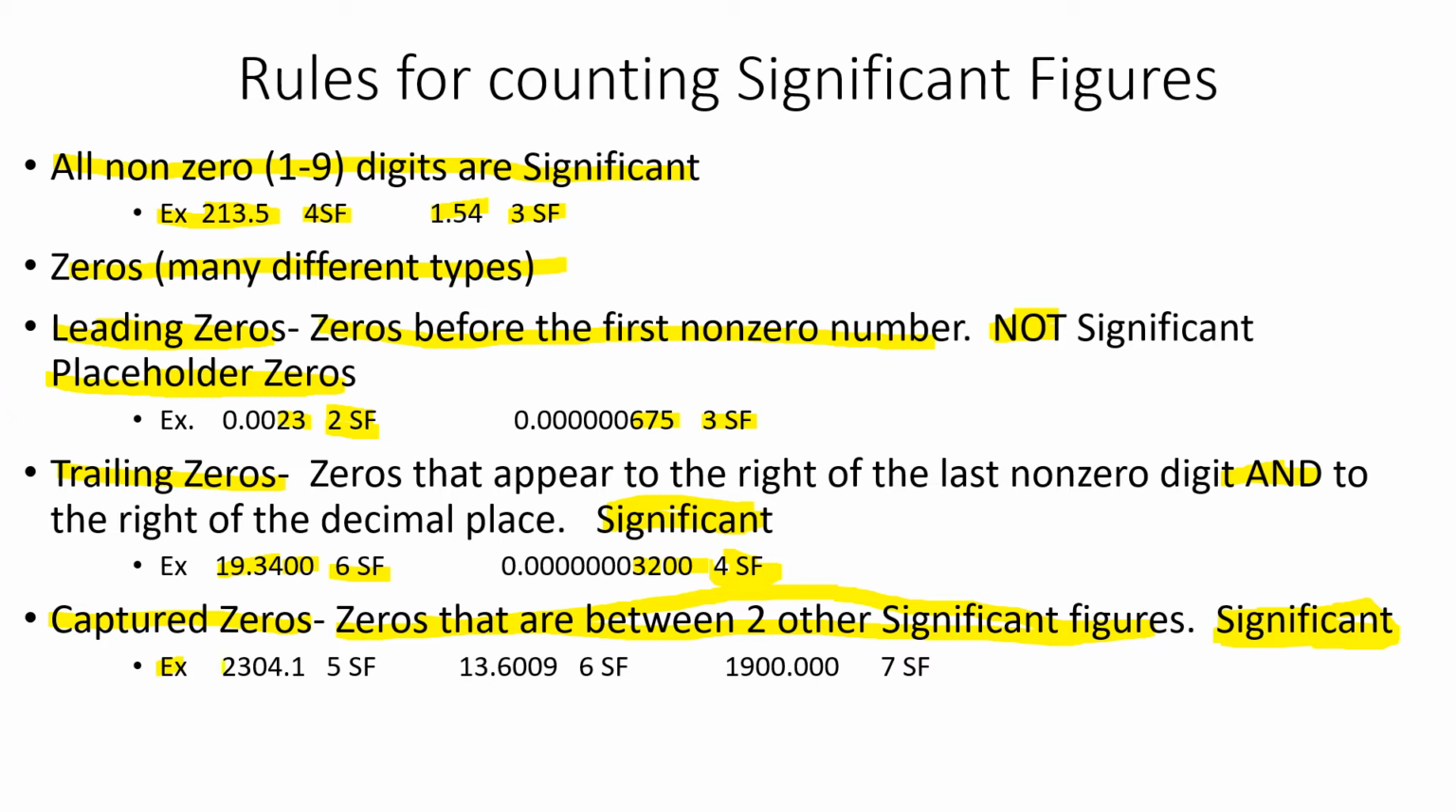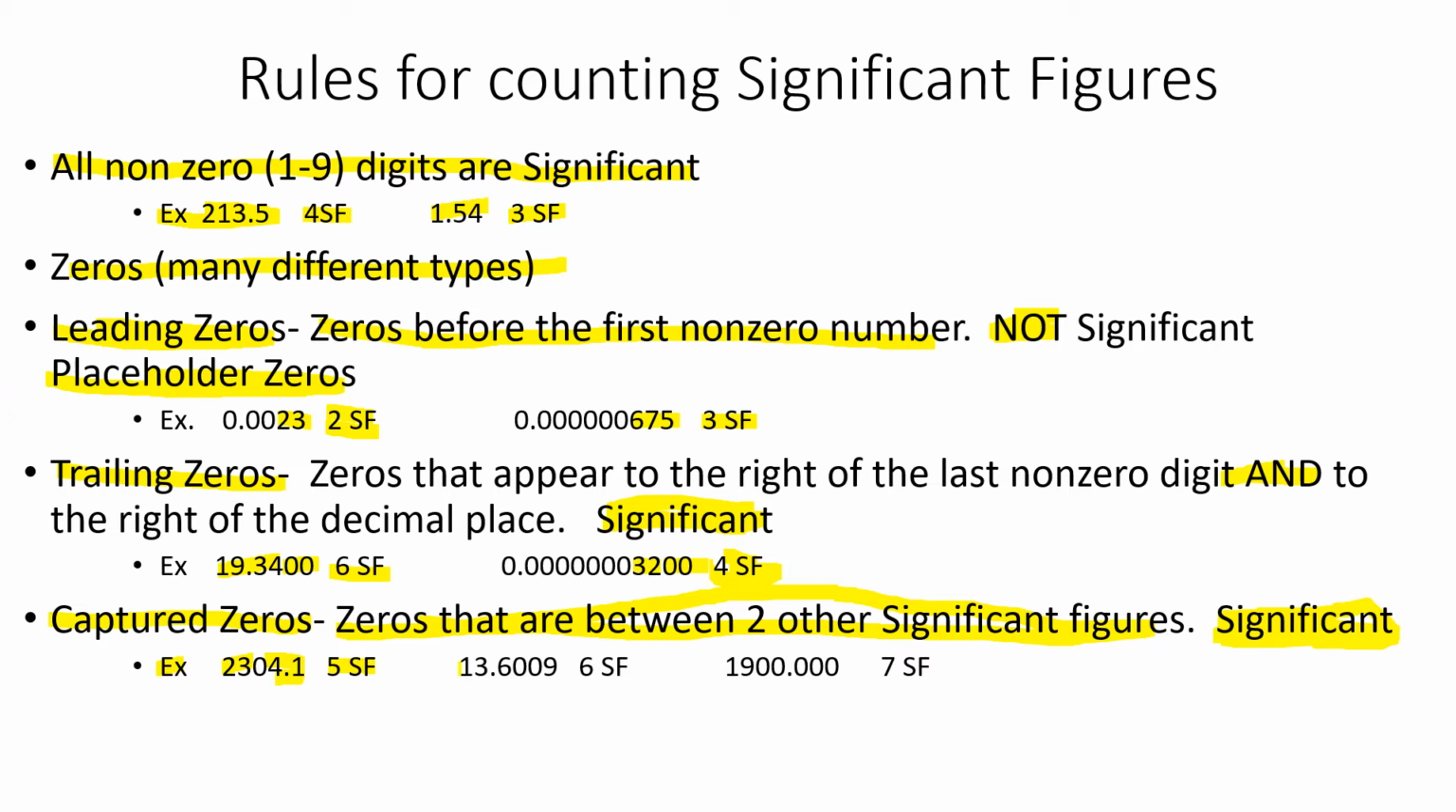2304.1. Well, we know the 2, the 3, the 4, and the 1 are all significant. This 0 is captured between the 3 and the 4. So being captured between the 3 and the 4, that's going to be significant. All of these are going to be significant figures. It doesn't matter where in the decimal place, to the left or right, these captured zeros appear. Our next example,